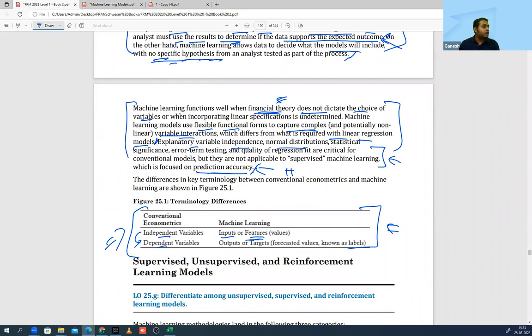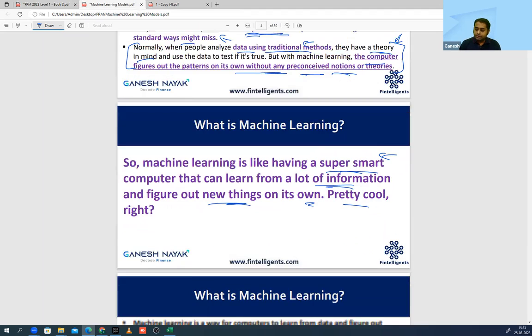Like for example, I want to predict the car ka price. Okay, so I'll give the details about the car. Ki kya horsepower hai, how many people, hatchback hai ya kya hai, SUV hai. I'll give a lot of feature related data. And finally, I will get the output. Output means the predicted value, which is the forecasted value. And this is also known as label. Okay, mark this as star, label. Okay, this table entirely, pura. But label as a word will again get repeated. That is why. Okay?